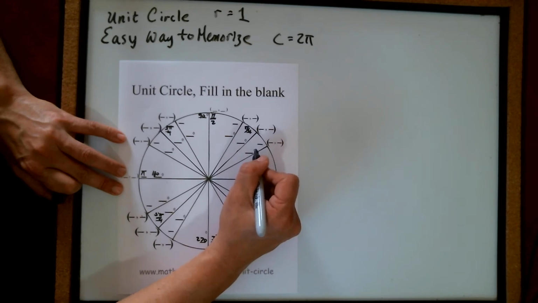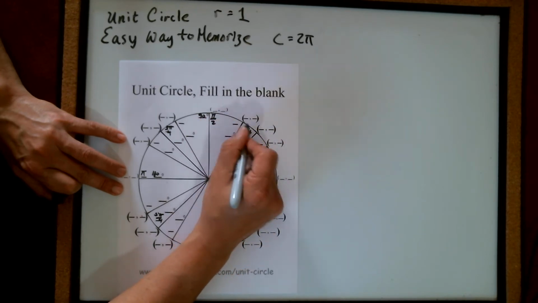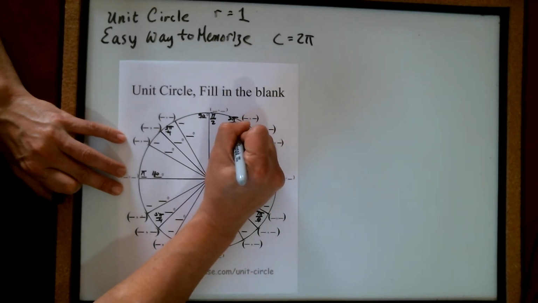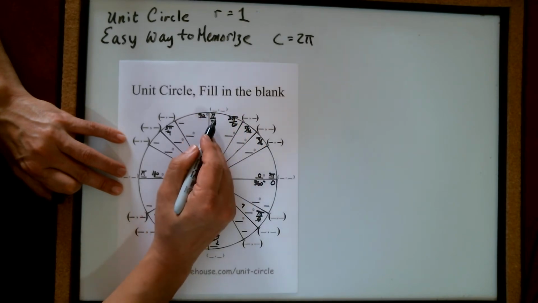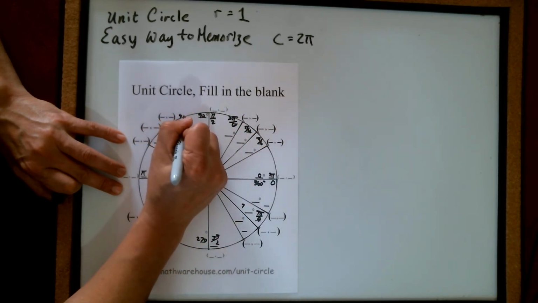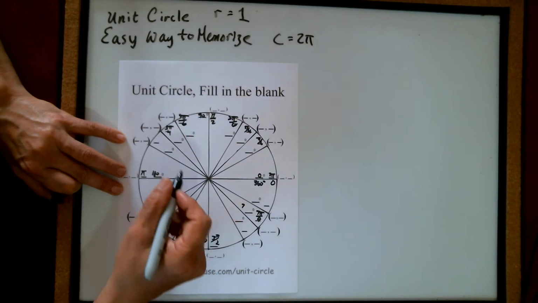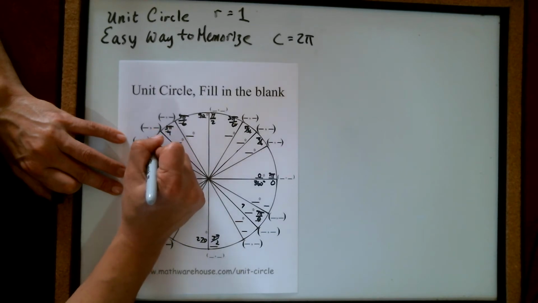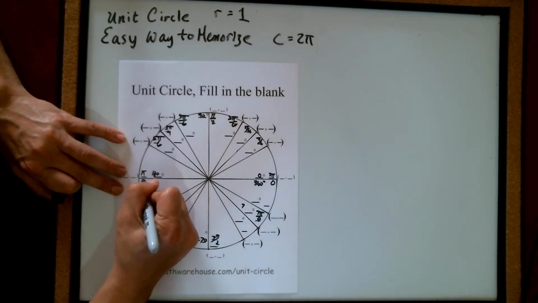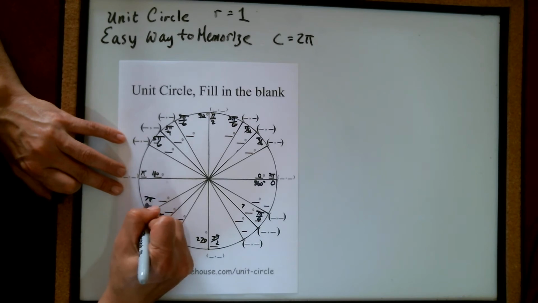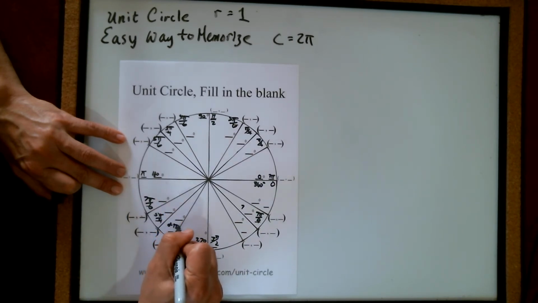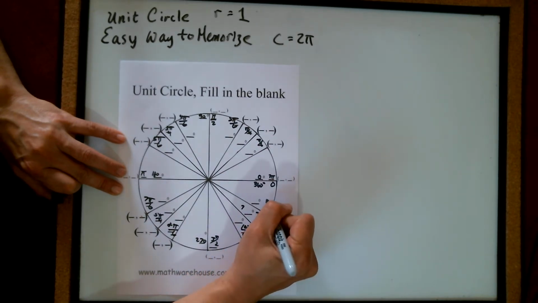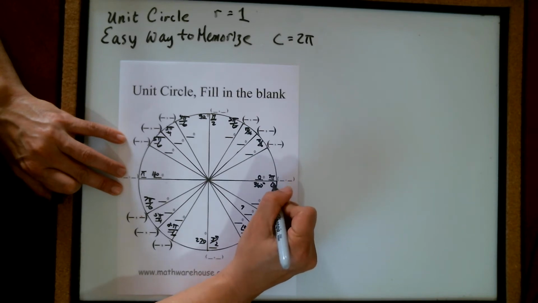Let's do the radians. This is going to be pi over 2 divided by 3. That's going to be pi over 6. This will be 2 pi over 6, 3 pi over 6, which is just pi over 2, 4 pi over 6, which is just 2 pi over 3. You got to reduce these at the end, okay? If you don't, your teacher's going to mark them off. 5 pi over 6, 6 pi over 6, which is just pi, 7 pi over 6, 8 pi over 6, 9 pi over 6, 10 pi over 6, 11 pi over 6, and 12 pi over 6, which is just